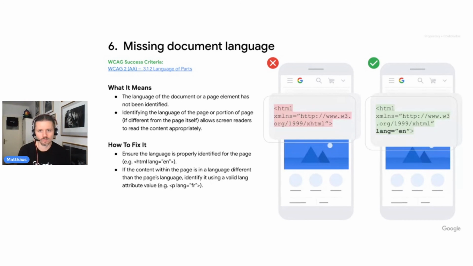One also very important thing is missing document language, which is actually the last WCAG failure from the list. What it means is that you have to provide the language you're using on this page, or of this portion of this page, because this will allow the screen readers to read the content properly